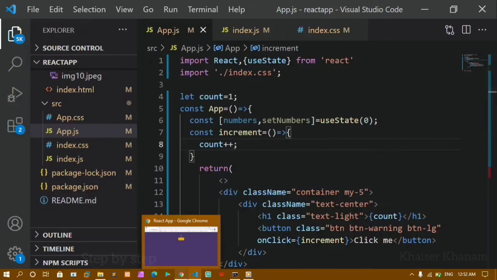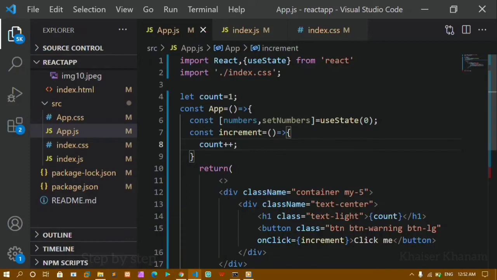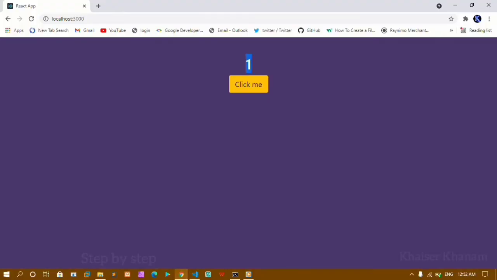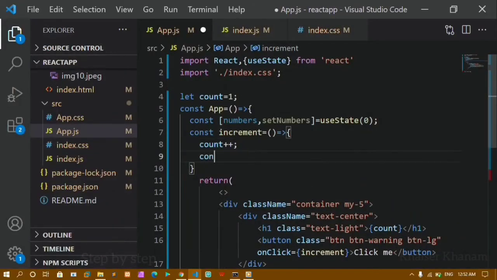Now this should increment. Okay, in JavaScript, if you have seen JavaScript, whenever you click on the button, if you give this one, the value gets increased, but in React it does not happen. Now I'll just refresh this one. Now when I click on this, you can see the state is not getting changed, but if I just give the same thing in my console, it is going to work.